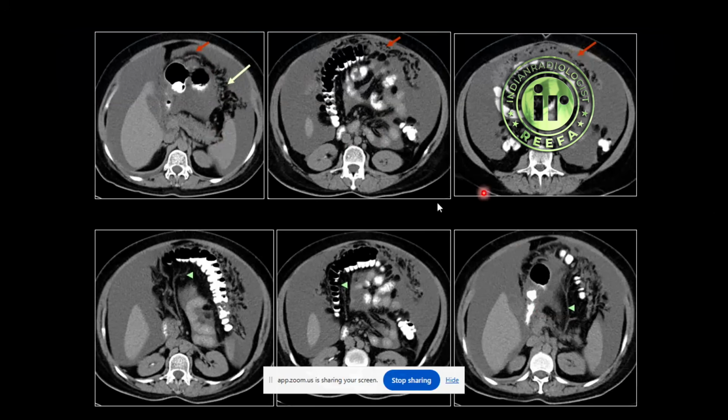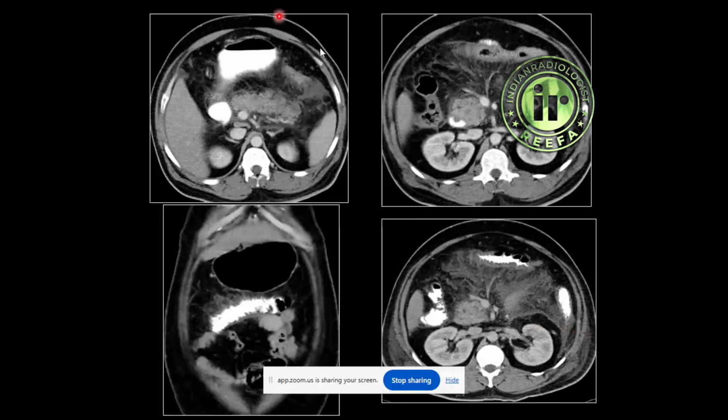And as we go down, we start to see that's the transverse colon, and that fat density that suspends this transverse colon and houses the middle colic artery, that is the transverse mesocolon. And see how the splenorenal ligament is continuous with the transverse mesocolon there. So this is an example of a patient with pancreatitis, and you see inflammatory exudates that are taking the course of the transverse mesocolon to cause inflammatory thickening of the transverse colon. That's inflammatory thickening of transverse colon there.